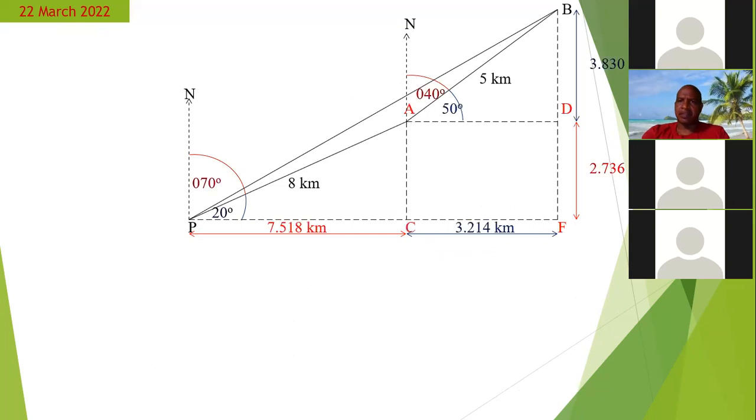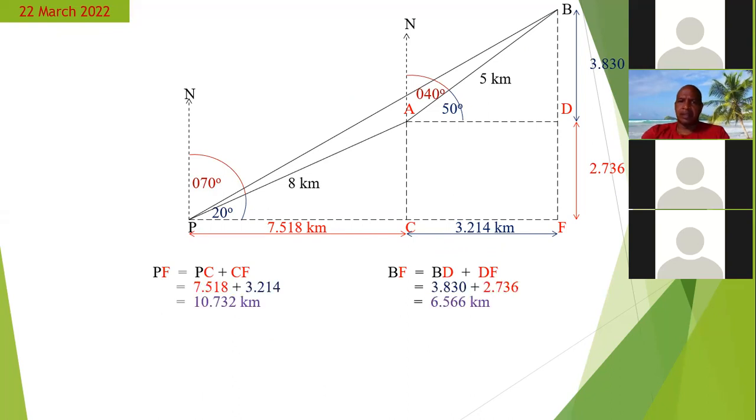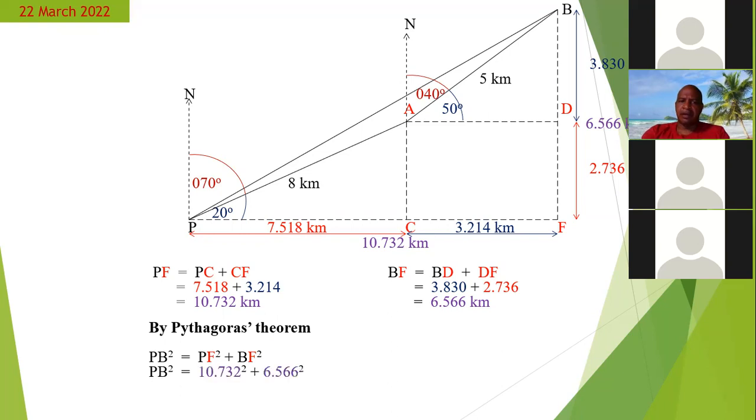When we sum the lengths, we get these for PF and BF. So if we're applying Pythagoras' theorem now, we would have PF squared plus BF squared equal to that. And then now we would